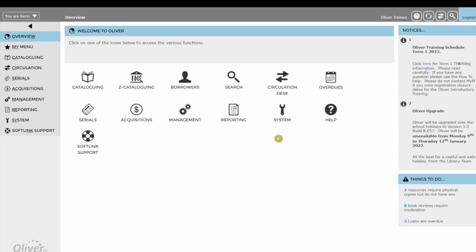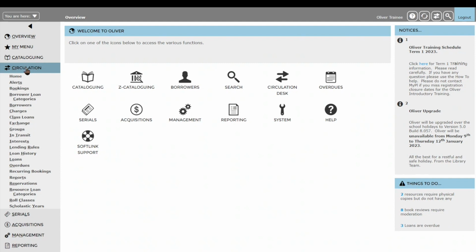At the beginning of the year, once all students' roll classes have been finalised and assigned to them, you may wish to print out either ID cards or barcode lists. This can be done quickly and easily through the circulation menu and borrowers. So if we go to the circulation menu and choose borrowers,